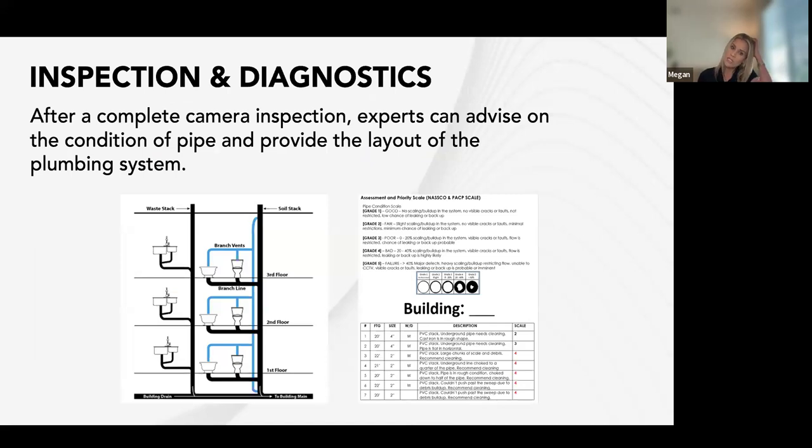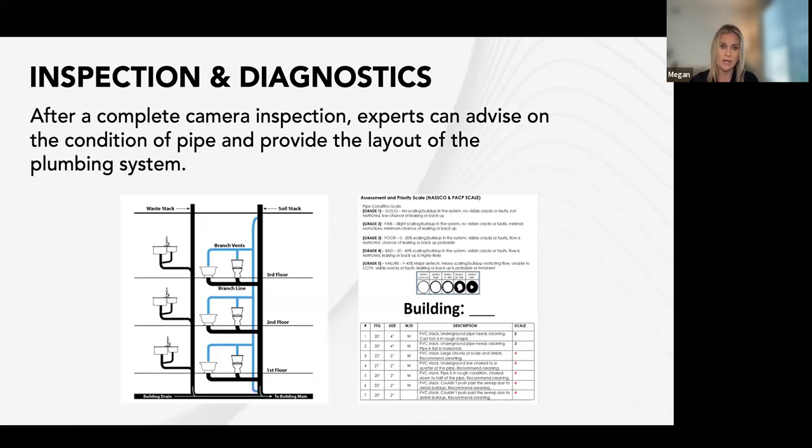How do you look at pipes? Well, this is specifically for the drain system that we're going to be talking about right now, because water is a little bit hard to do an inspection from, because the pipes are typically smaller, less than an inch in size, especially within the home or the unit. Once you go out to the main drains, it does increase in size, but to get a good visual on it, you have to drain all the water. So typically what's done for the water pipes is you're doing a pressure test, or you're looking at the water meter to determine if there's any type of issue. And usually, if you do have a water leak, you're going to know because you'll have lots of water.